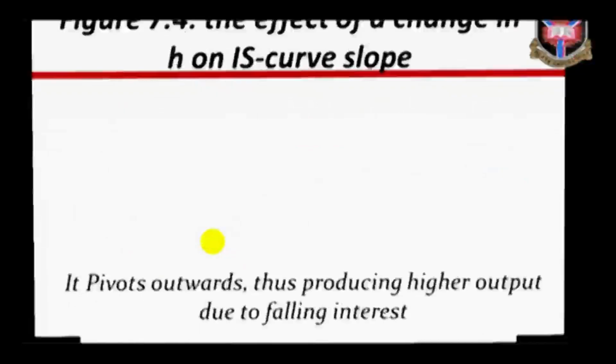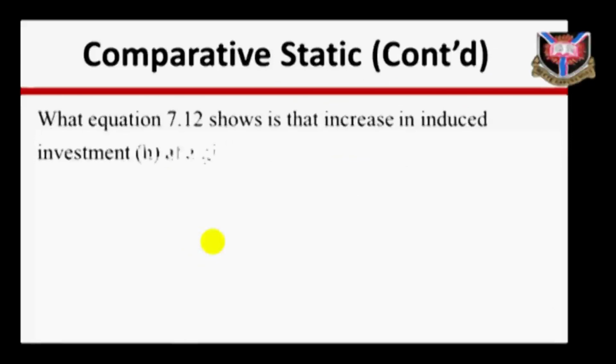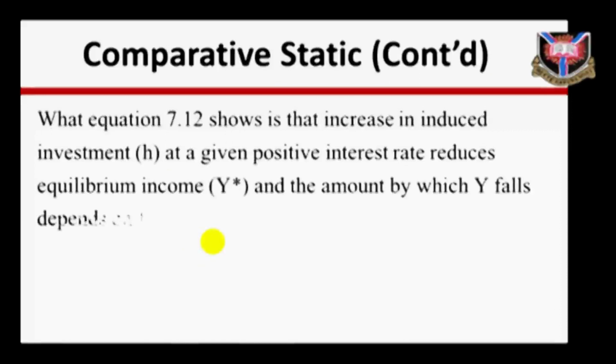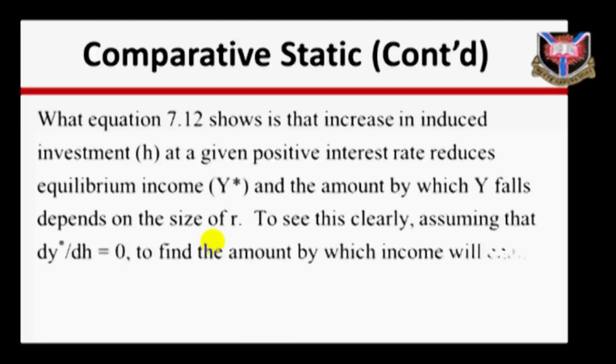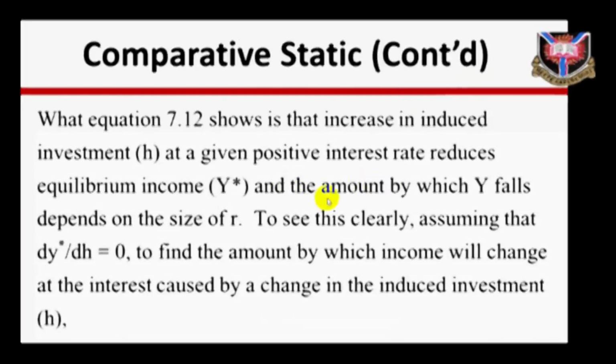What equation 7.12 shows is that the increase in induced investment H at a given positive interest rate reduces equilibrium income, and the amount by which income falls depends on the size of R. To see this clearly, assuming that dy*/dH equals 0, to find the amount by which income will change at the interest rate